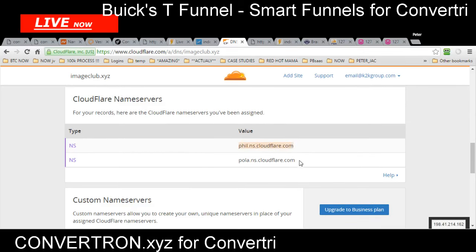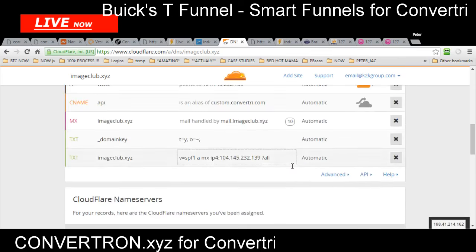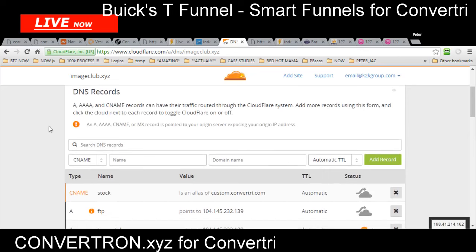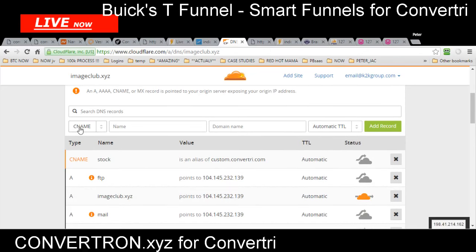So they give you these name servers, and you just go to your registrar and you change the name servers. Now, with every registrar, changing the name servers is easy. Okay, there's no complication there. Even with Namecheap and custom and vanity name servers, changing the name servers is easy. So what you do is you just change the two name servers to the ones that Cloudflare gives you. You wait for 10-15 minutes for that to happen, and then if you want to add a CNAME,